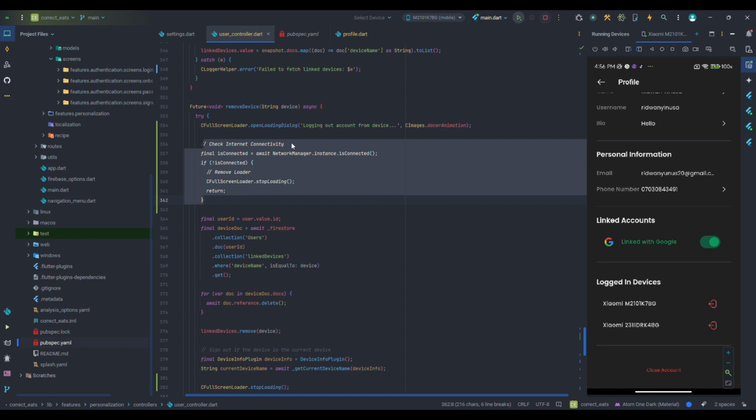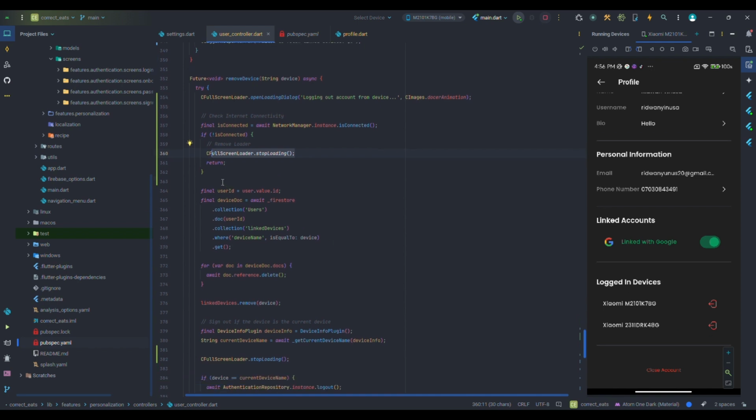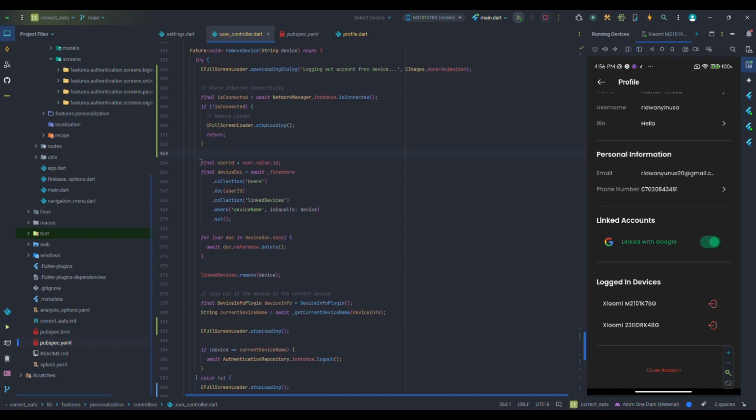And while doing that, it checks if there's internet connectivity. If there's internet connectivity, then we move to the next step. If not, it just stops the loader, then returns back to this screen. And if there's an internet connection, we just come here,